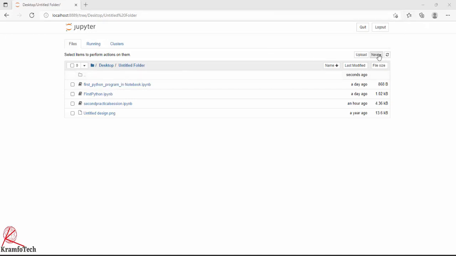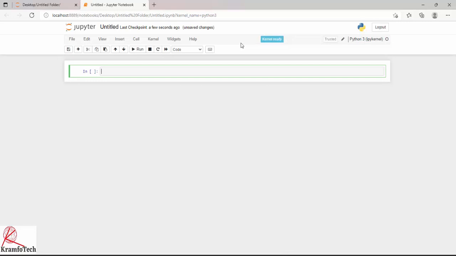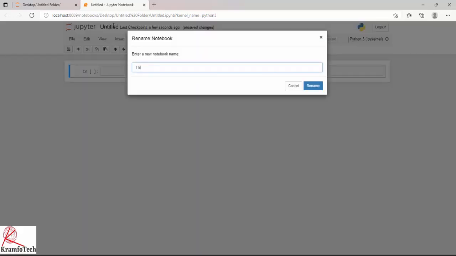So let us start and we'll create the new file again. No need to create different files for each and every program in Jupyter Notebook. Even a single file can be used for all programs. But why I'm doing this is that you should become aware of how to create the file, where to save, and all these things, because in the initial 3 to 4 sessions it's better to create separate files for each and every program. So let's start and we rename the file third practical